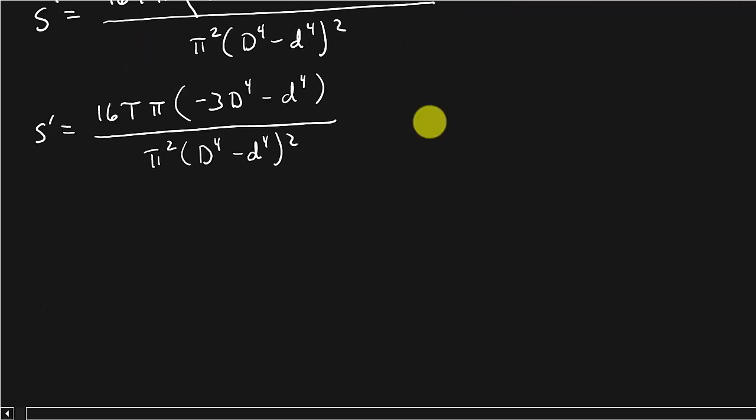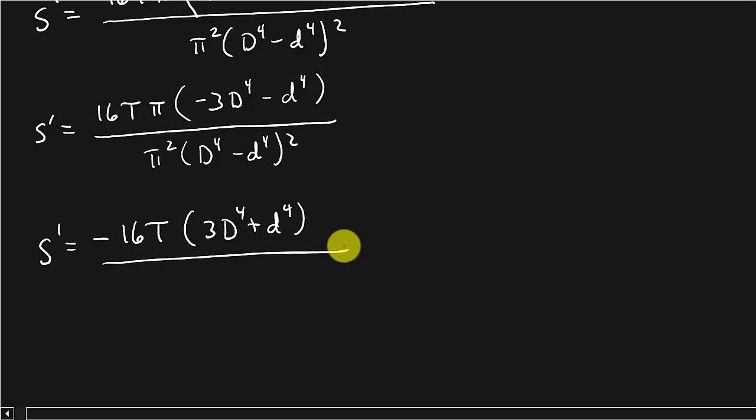And then, you don't really have to do this, but to make it look a little nicer, factor that negative out. And so I'm going to get s prime as negative 16t times 3D to the fourth plus little d to the fourth